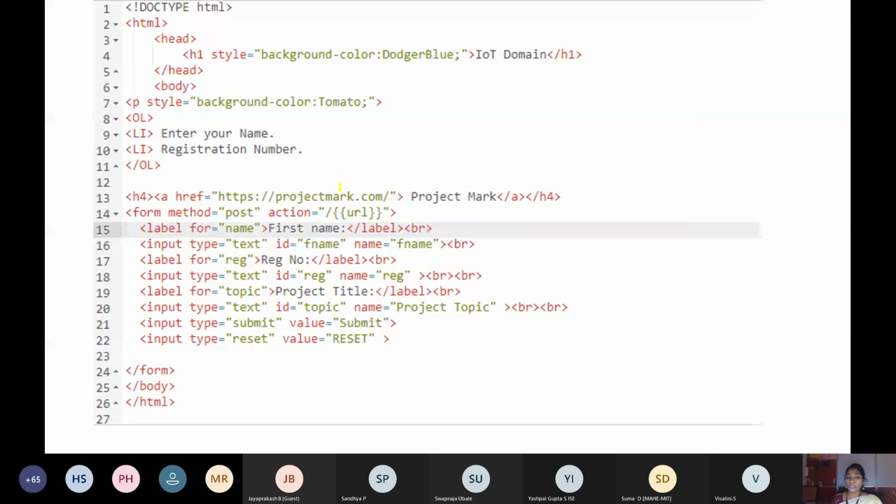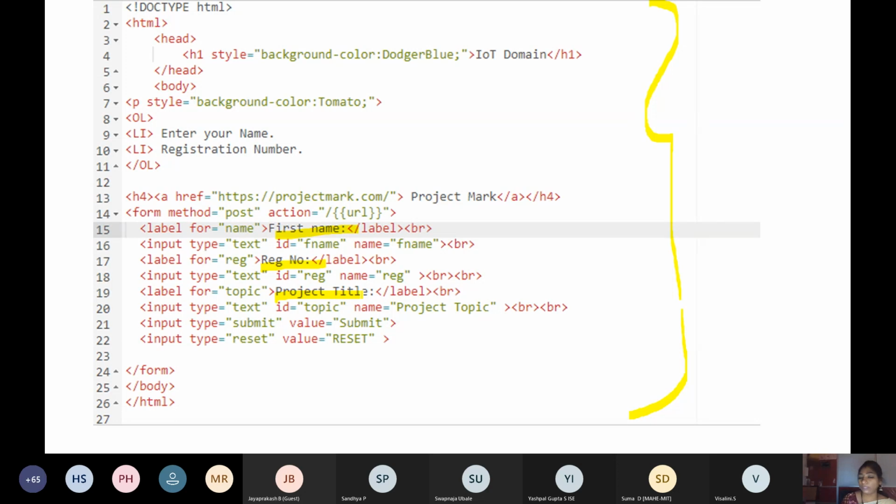Here I have copied code from the above said reference website, and I just modified it as per the requirement. I changed it to first name, last name, registration number, project title. I just copy pasted the code and modified it as per the need. You need not memorize it.